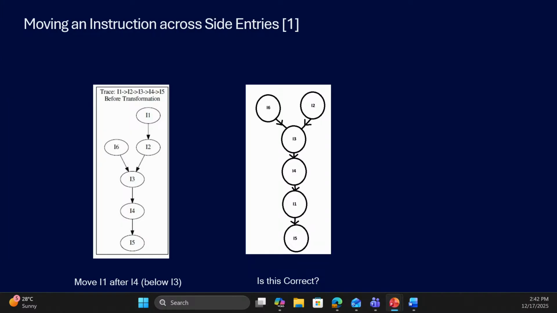I mean, a trace doesn't necessarily mean the program always follows that path. It's very likely that that path is taken, but there is also a chance that path may not be taken. So if we take this path I6, I3, I4, I5, and then if we take this path I6, I3, I4, then I1, then the program crashes. That's not correct, right? So that's why we need to